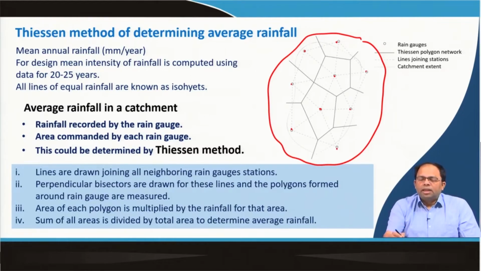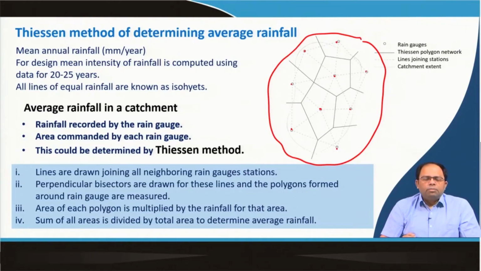Why? Because we do not know exactly how much area is being represented by this particular weather station. To determine what amount of area is represented by a weather station, we follow a method called the Thiessen method, which refers to the creation of polygons around the weather stations, in such a way that there are continuous polygons and no area is unrepresented. That means for each area we can assign a weather station. I will tell you the method. Before that, just to summarize,